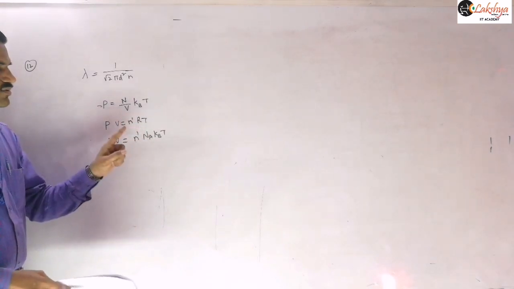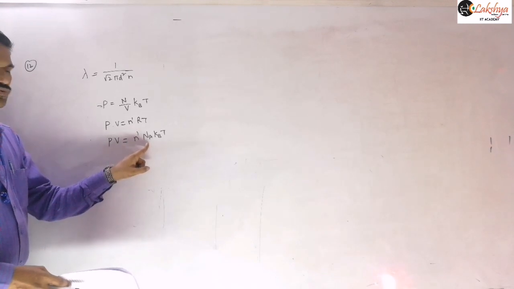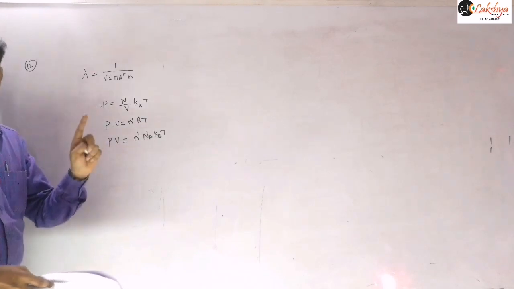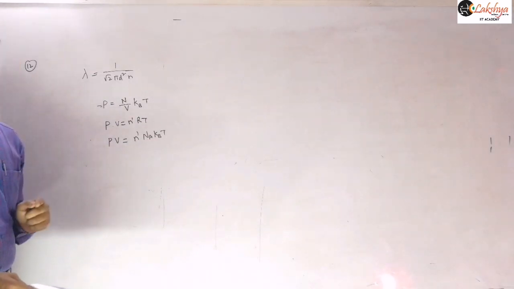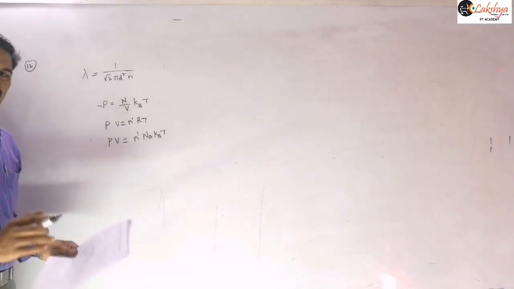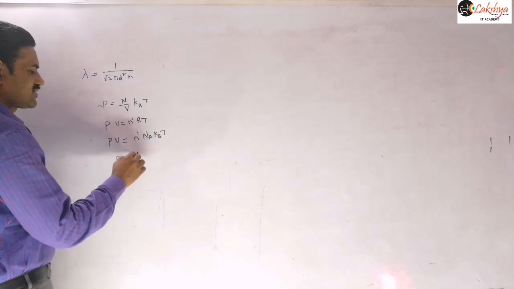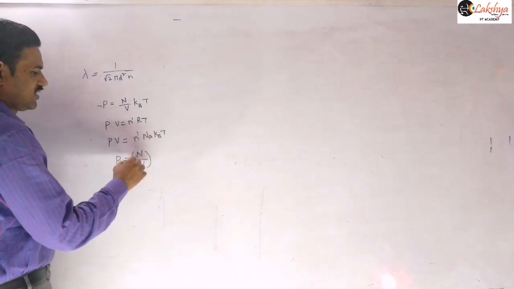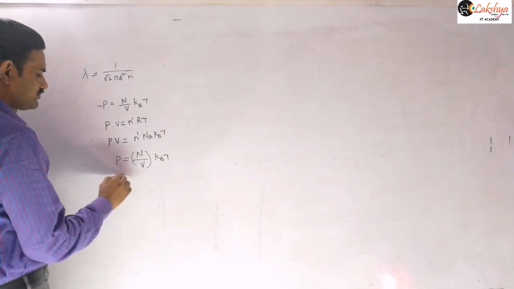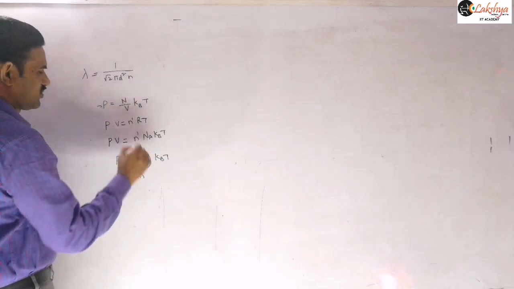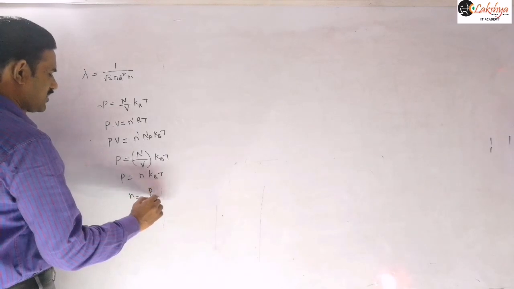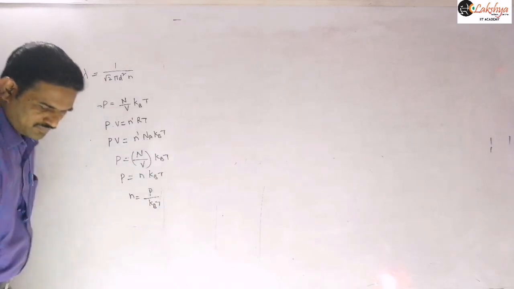So number of moles into Avogadro number will give the total number of molecules, because Avogadro number is nothing but the number of molecules per 1 mole of any gas, right? So if n dash moles of any gas are there, then n dash into Nm gives the total number of molecules, and so you can write this as total number of molecules, n by V, into Kb into T. That is nothing but the equation we are writing there, right? So this is nothing but our small n that I represented there. So small n into Kb into T. So this value is nothing but P by Kb into T, right?